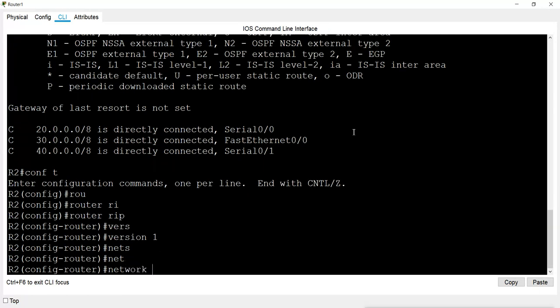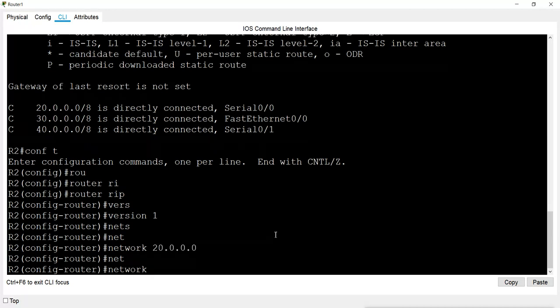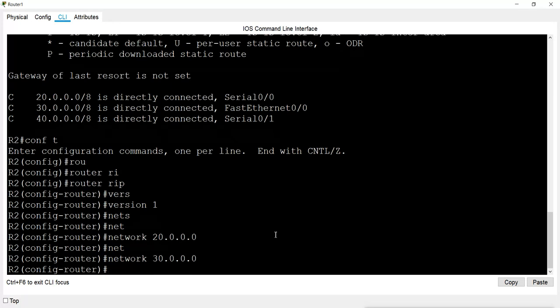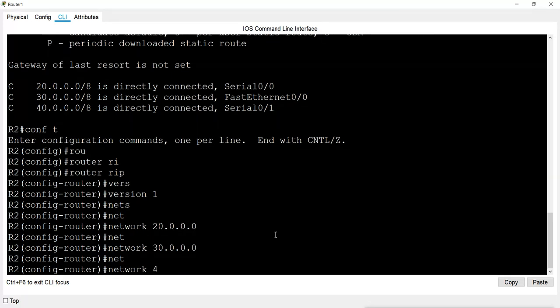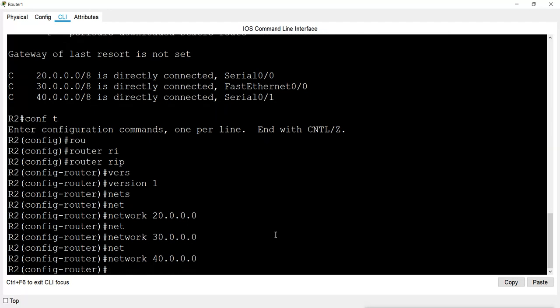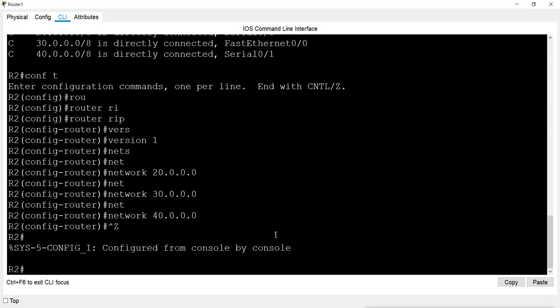network, this is the command to mention the network. Now we have 3 networks here, 20, 30 and 40 connected. So 20, 30 and 40, and done. That's it.